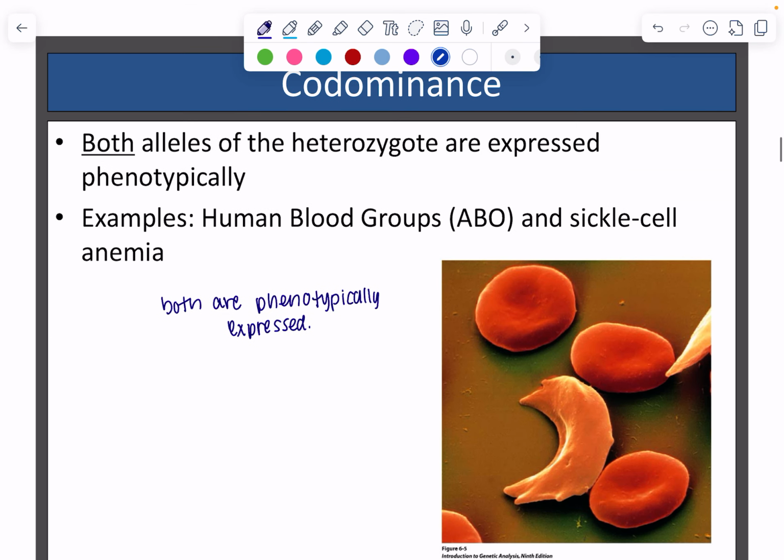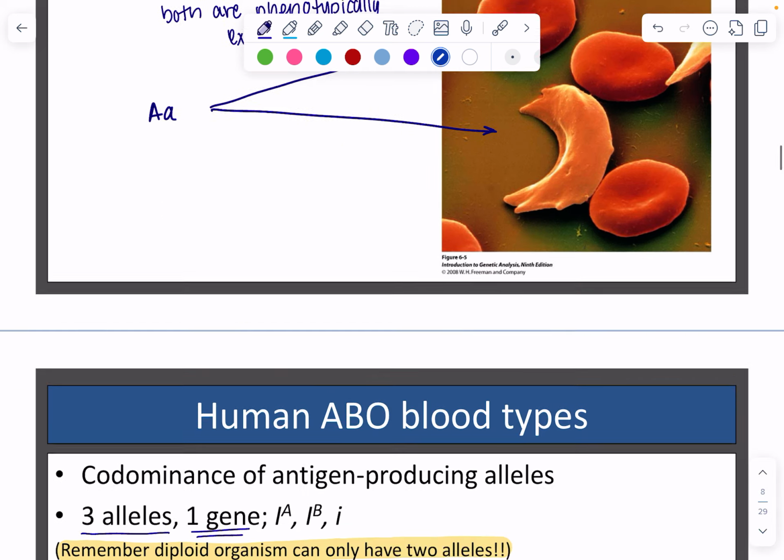Codominance, however, is when both alleles are going to be expressed. You see this in blood types, and you see this in sickle cell anemia. A person with sickle cell anemia, it's possible to have both normal cells and the sickle cells. So these are a little bit different, sometimes maybe a little confusing, but if we move on to this,